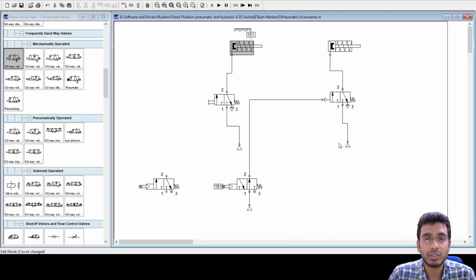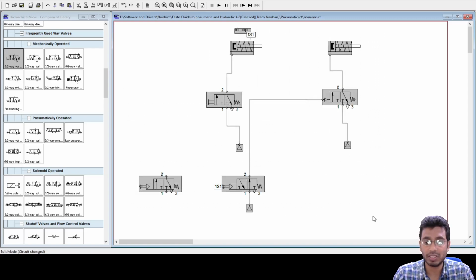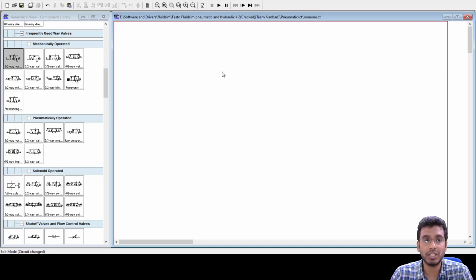Fine. Okay. So this was one case. Now let us go to two circuits, two cylinder controls. Till now we have focused on single cylinders. Now from the next example onwards, let us go for a two cylinder control.